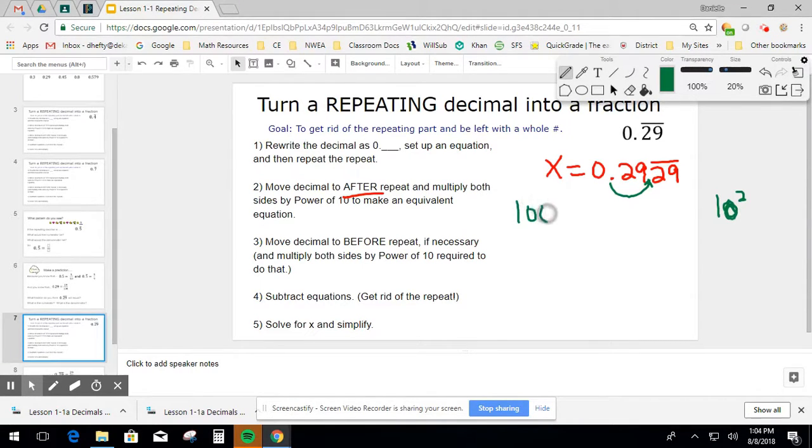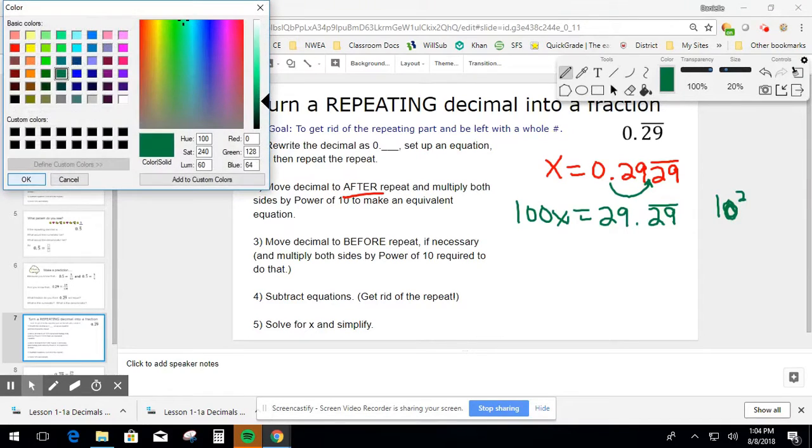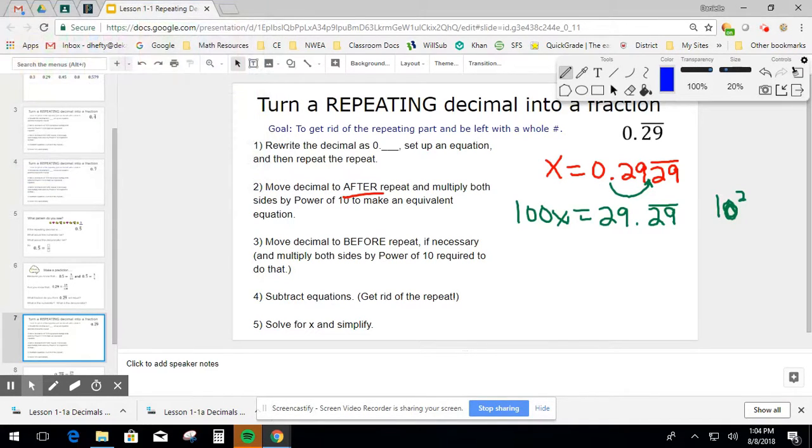So 100x equals 29.29, 29 repeated. Notice that decimal is now in between the 29s, so my answer here is 29.29, multiplying both sides by 100. Okay, let's try the next step. We're going to move the decimal to before the repeat. Before the repeat is actually where it began. So I'm not multiplying either side, it's just the original equation, x equals